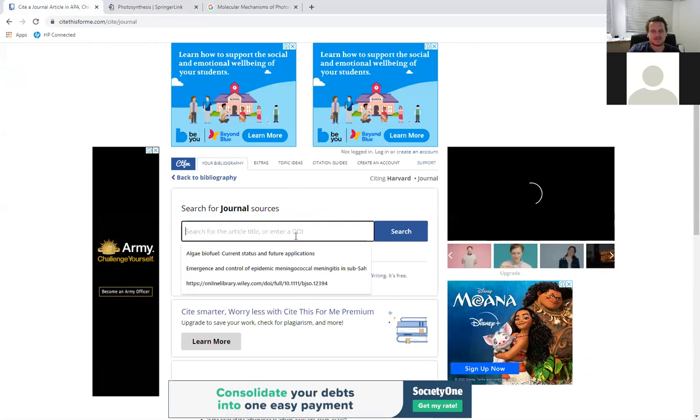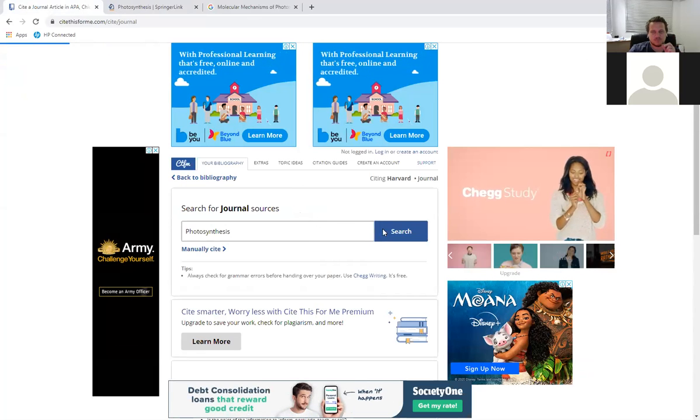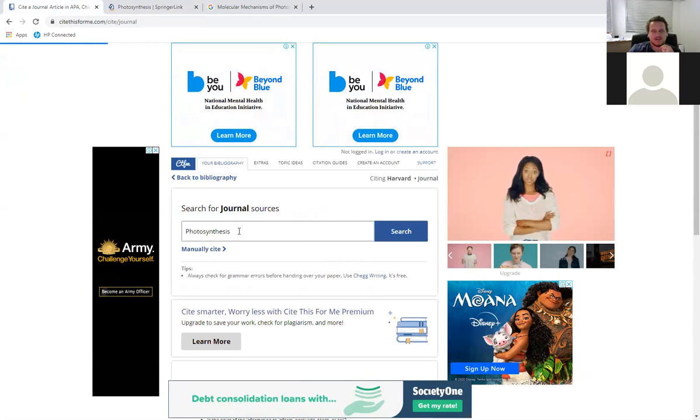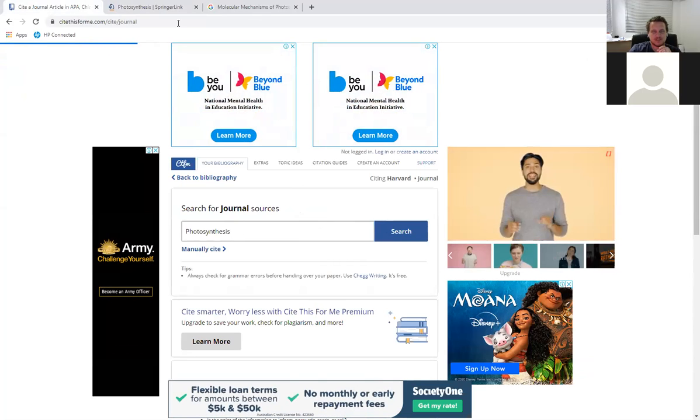And this is part of the problem. It's difficult to find the right article called photosynthesis.